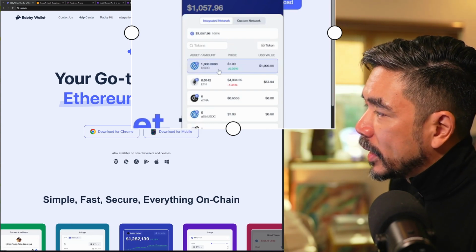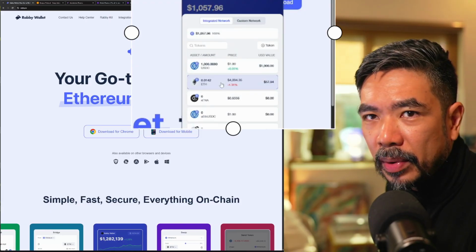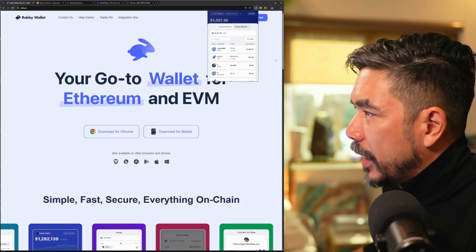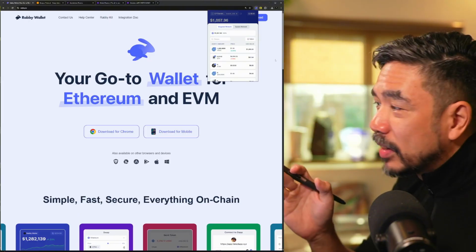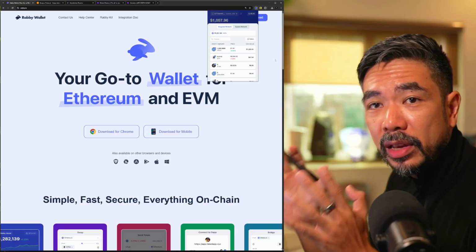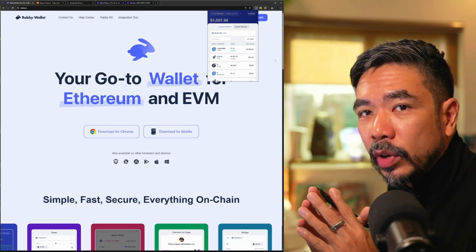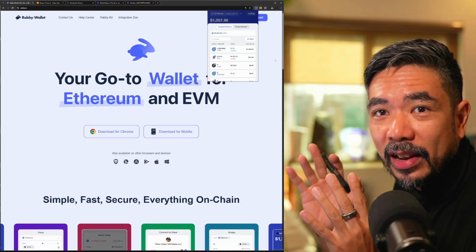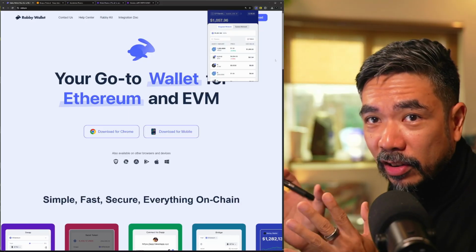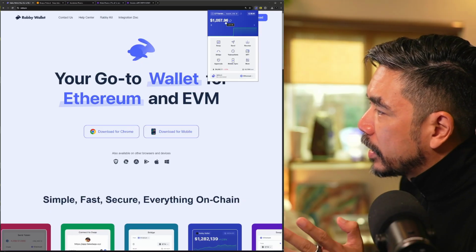There's 1,000 USDC in here, and then 0.01 Ethereum. I'm going to use that to pay for any gas fees. Now, we have 1,000 USDC and 0.01 Ethereum on the Ethereum chain, right? And remember that our goal was to create a liquidity position on Aerodrome, which is not on Ethereum. It's actually on the Base layer 2. So our first task is to bridge our money from